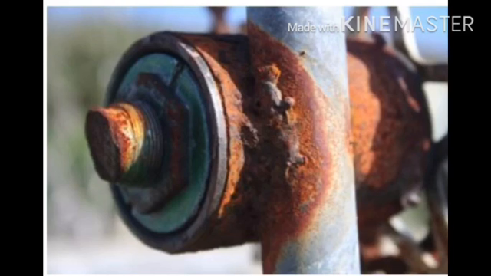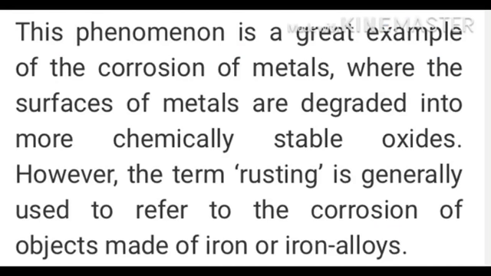The rusting of iron is characterized by the formation of a layer of red flaky substance that easily crumbles into a powder. This phenomenon is a great example of corrosion of metals, where the surface of the metal is degraded into more